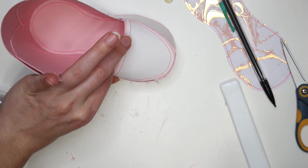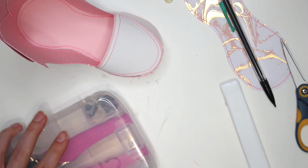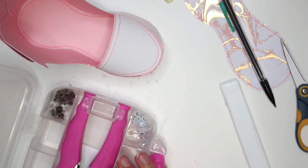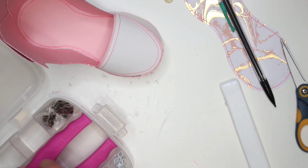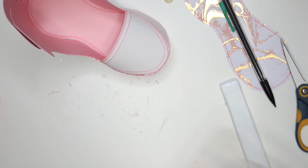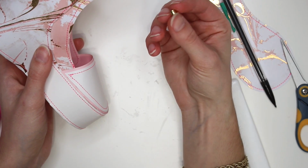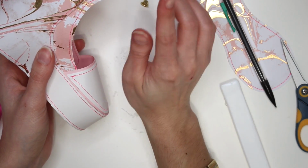All right, so there is that. Now we're going to go in with our crocodile to do the eyelets. Oh wait, we still didn't even figure out where they go yet. We've got to do that first. And let's try not to mess up like in my other video where it ended up punching a hole through the other side. So what I did in this one yesterday is I actually punched holes with just a regular hole punch,